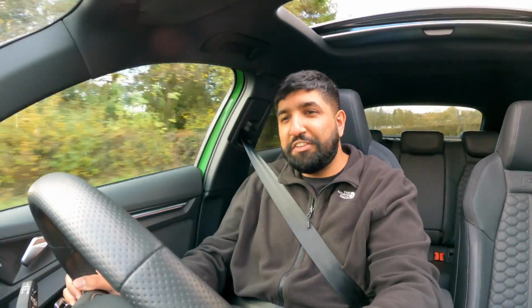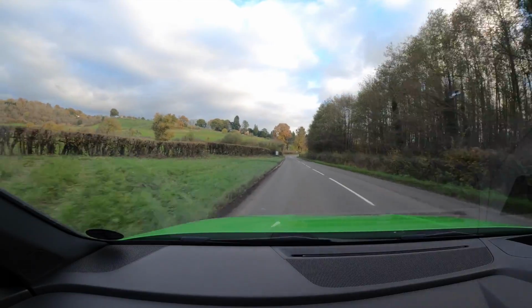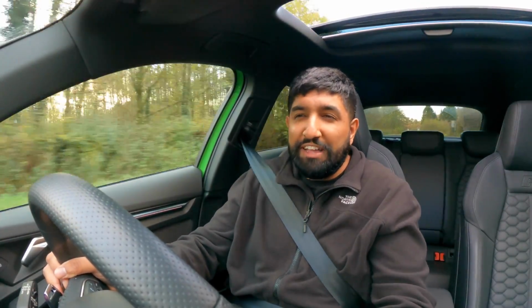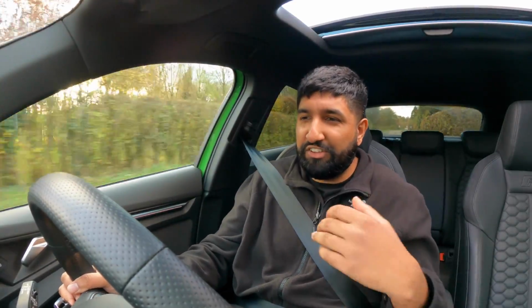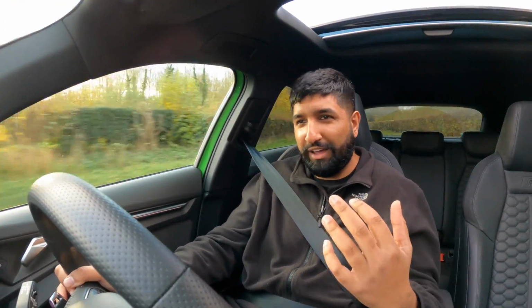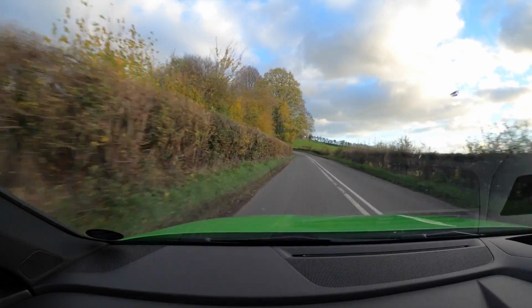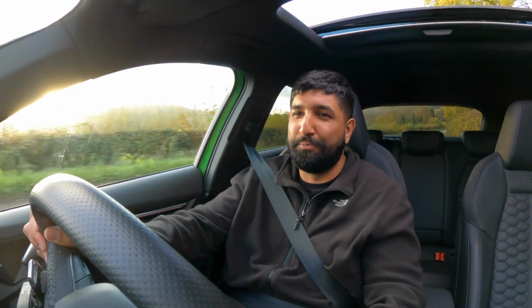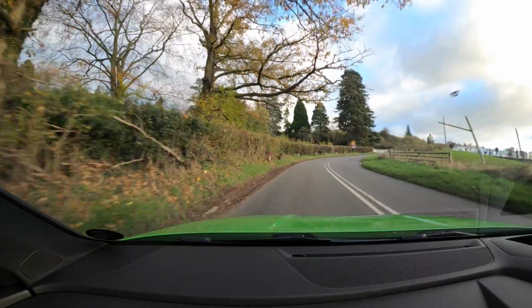Now, of course, the sound is a bit muted in here, and I find that it does actually sound better with all the windows closed because of the piped in situation. But it's still got that 5-cylinder character where there's just so much torque everywhere. Like, oh, I love it, man. Any 5-cylinder I get in, I tend to act like this. I apologize, but